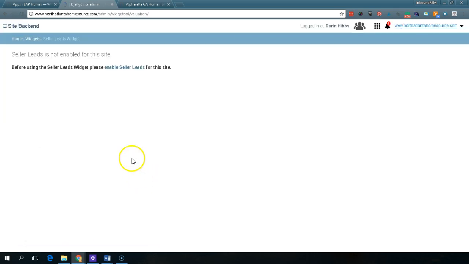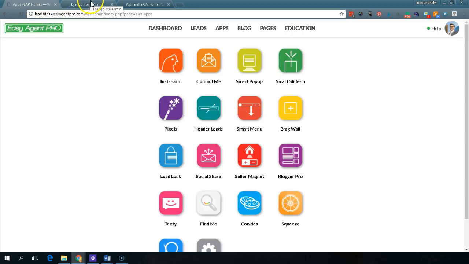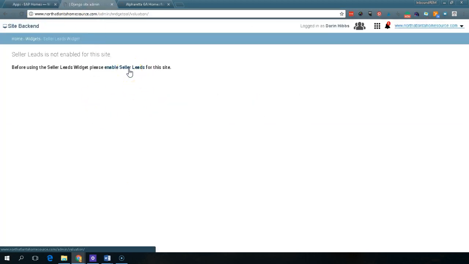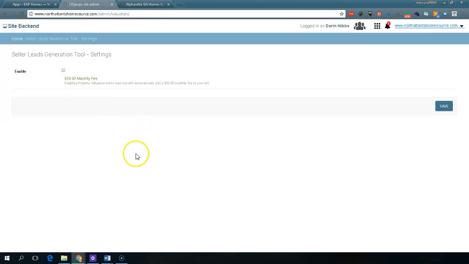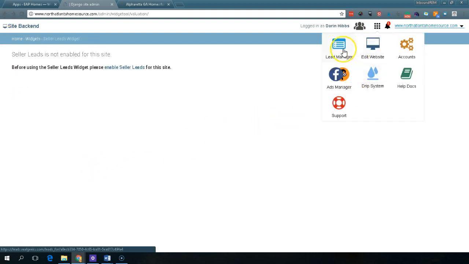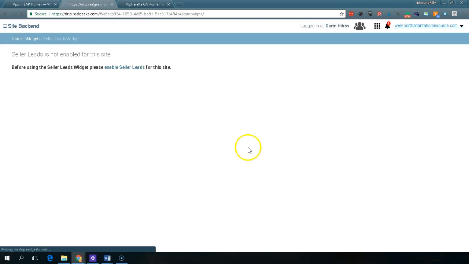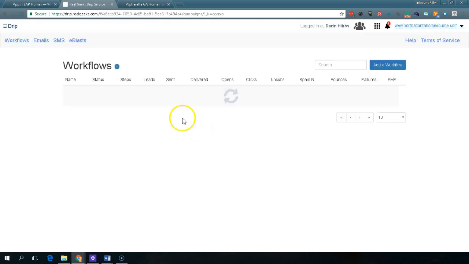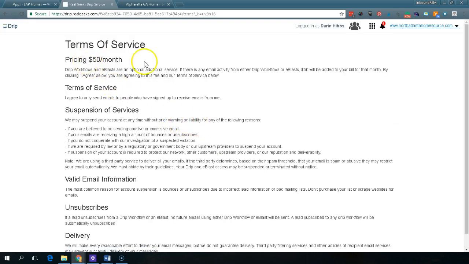So you've got the seller's leads widget. Now, this is a feature that Easy Agent Pro doesn't have at all. So it's pretty cool. It will allow you to get seller leads. You can basically enter a home value and capture a lead every time that you do. But it's $50 extra per month. Same thing goes for your drip marketing, which is an automated series of emails that gets sent out